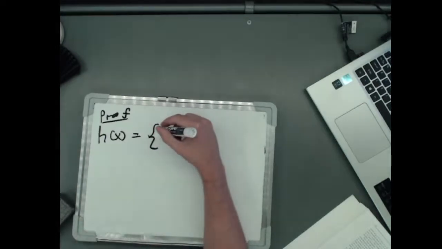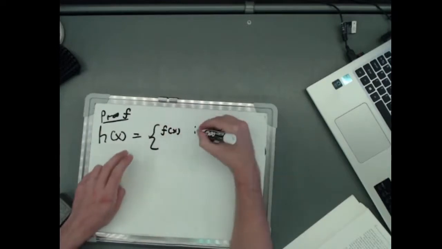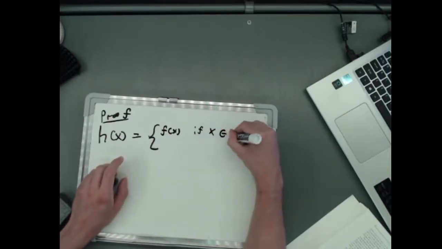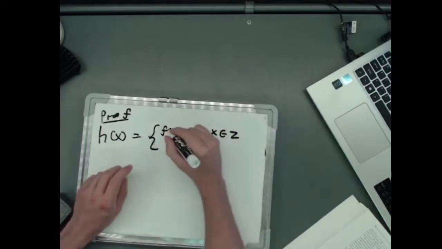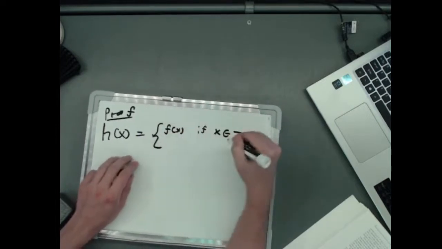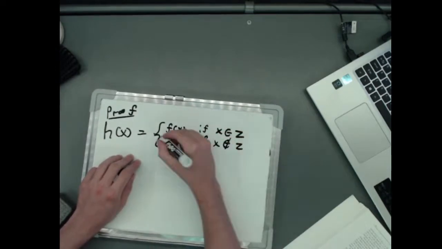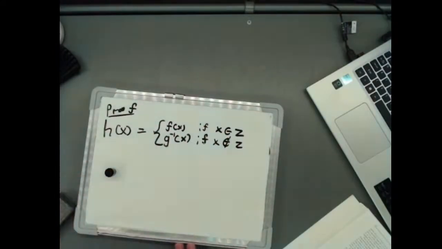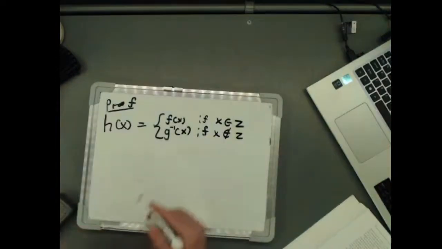For every x inside X, we will use f of x if x is an element of Z. It's kind of hard to do lowercase versus capital when I'm writing, but if x is not an element of Z, we're going to use the inverse of g of x. Now, this makes sense because of